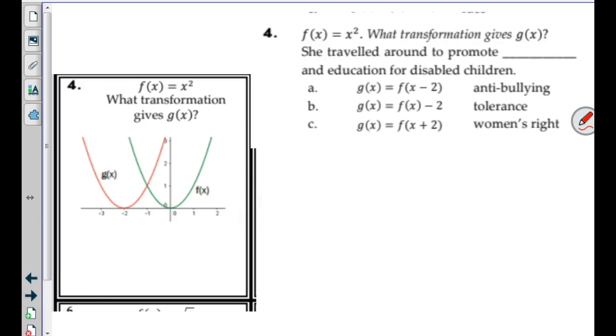The green one is first, so this time it went what? Left 2, which would be? Good job. Gentlemen, you're the very people I'm concerned about not doing well on this quiz, and you're not paying